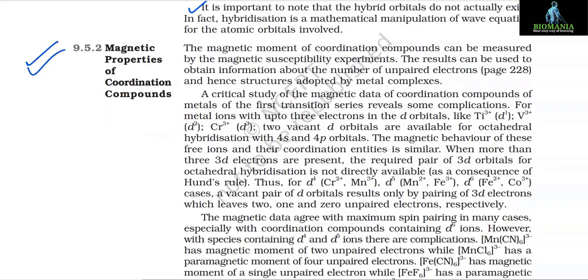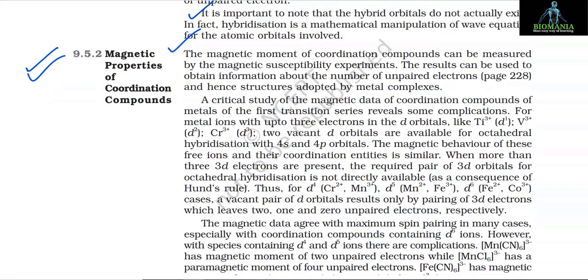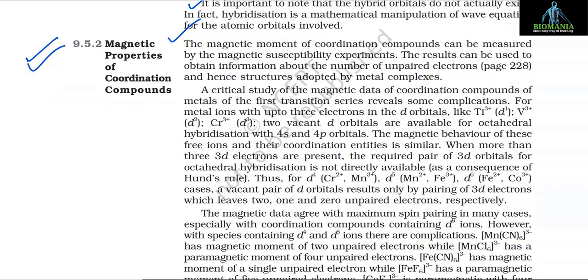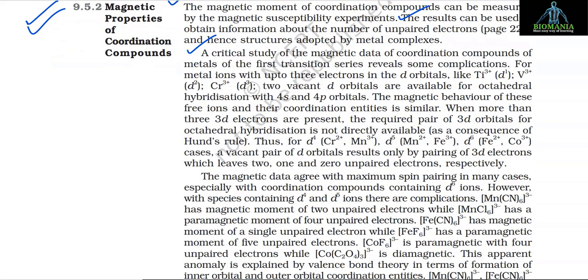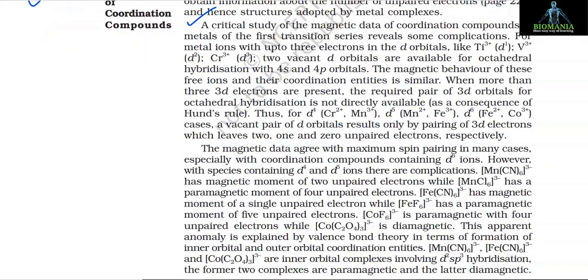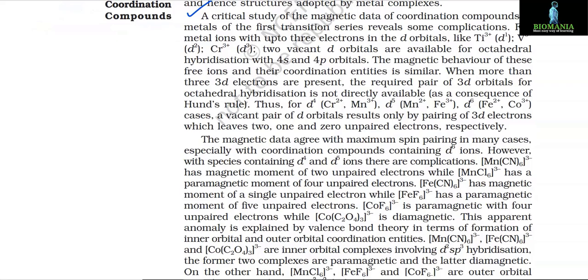9.5.2 Magnetic properties of coordination compounds. The magnetic moment of coordination compounds can be measured by magnetic susceptibility experiments. The results can be used to obtain information about the number of unpaired electrons and hence structures adopted by metal complexes. A critical study of the magnetic data of coordination compounds of metals of the first transition series reveals some